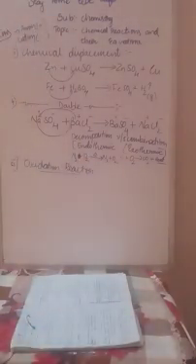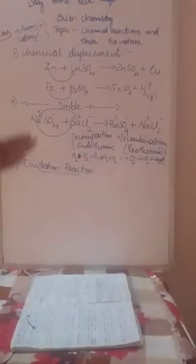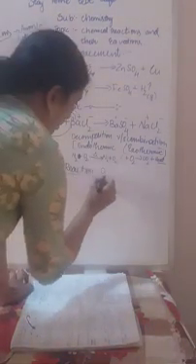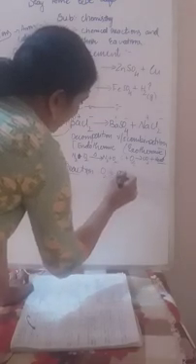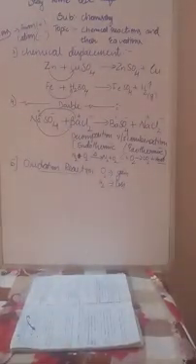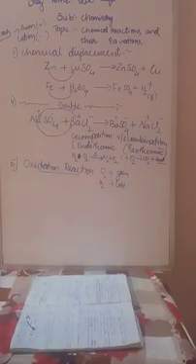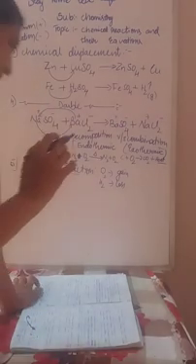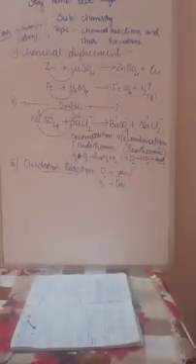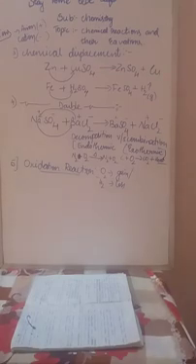What is meant by an oxidation reaction? The reaction in which, listen carefully, there is gain of oxygen and loss of hydrogen. Gain of oxygen will happen, but hydrogen will be lost. I mean the reaction gets the oxygen, but the hydrogen is lost. The reaction in which gain of oxygen or loss of hydrogen takes place is called the oxidation